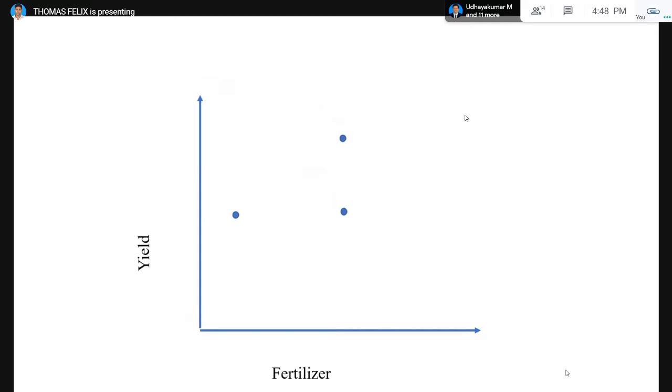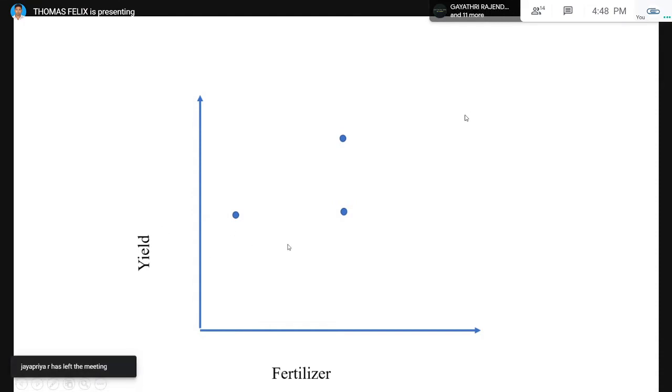If we survey, then after the survey we plot the data. I have plotted the data in a scatter plot. For example, what is the meaning of this point? Using a certain amount of fertilizer, the farmer gets a certain amount of yield. I just need to connect the lines with the x-axis and y-axis, and based on that I can get the values.